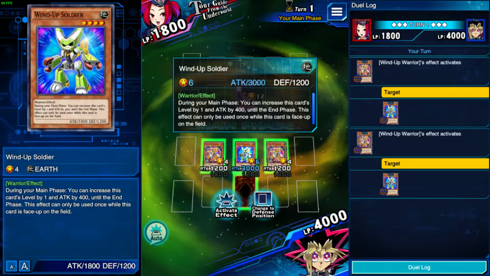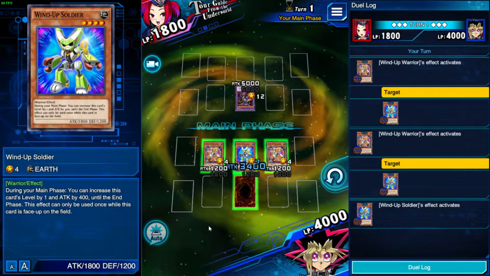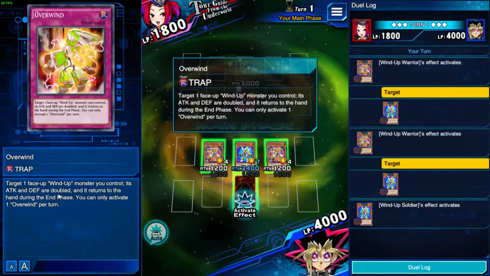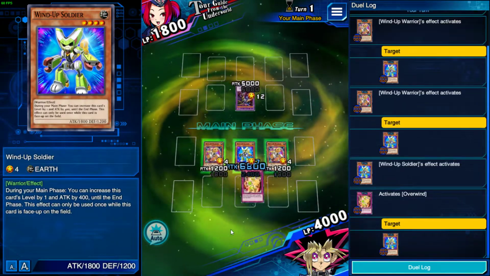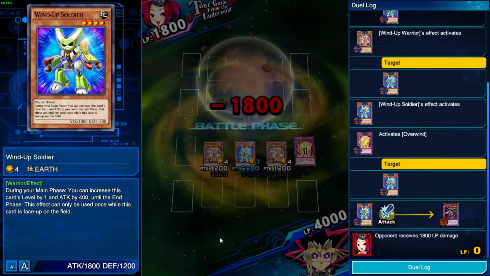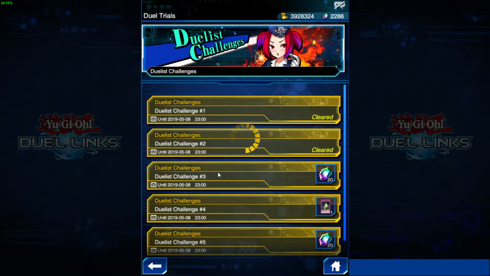And now we will look at his effect, which he can increase his own attack by 400. So we will do that as well. And now if we look at our trap card, we can target one wind-up monster and double its attack and defense. So obviously we want to use this trap card last, because we want to get more out of our double. So we do that, we get to 6,800 attack, which is exactly enough for lethal. Alrighty, and the next one